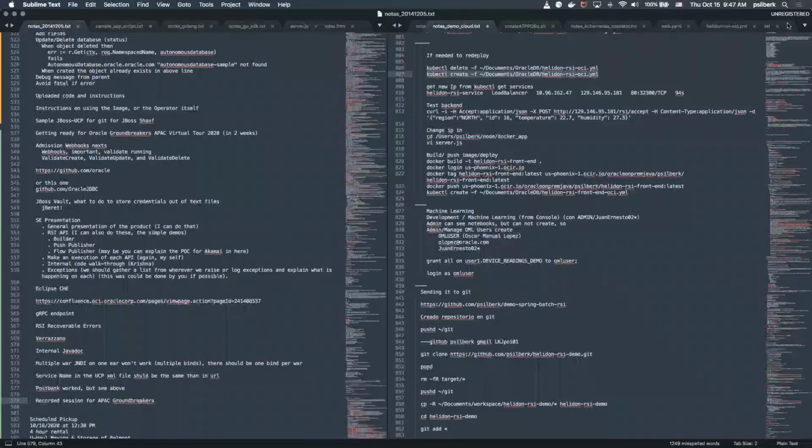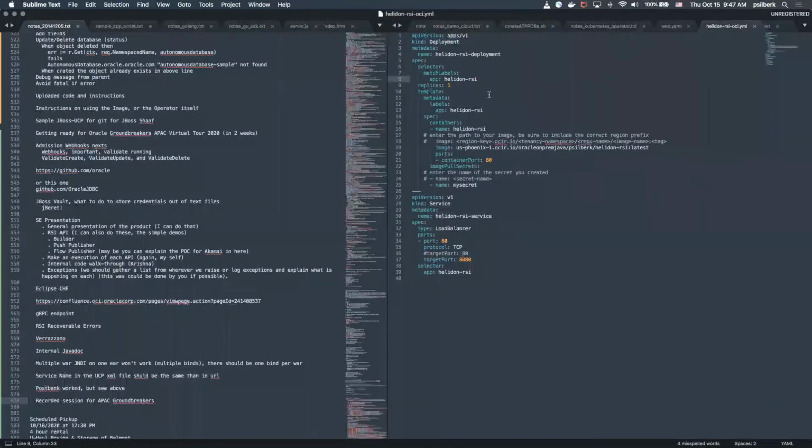And then to deploy the image into the cloud, it's as simple as using a YAML. I can show you the YAML I use for this. The only thing you say is, okay, this is my application, the image that I created, and then create a service that is going to be listening on port 80, and then it's going to forward the port to my application, right?